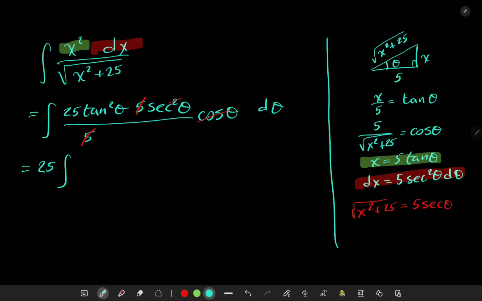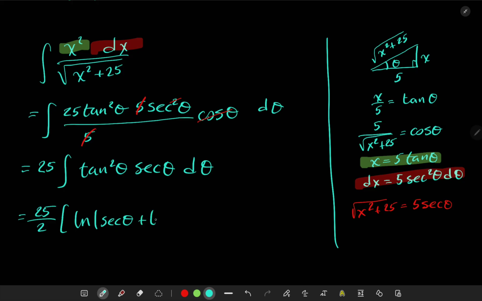The secant and the tangent play nicely together in a sense. And we end up with tangent squared theta secant here. So again, this is one of those that you will have to do integration by parts. In the previous video, we did that, and we actually solved this exact same integral. So if I remember correctly, we'll check. But we got the natural log of the secant plus tangent,